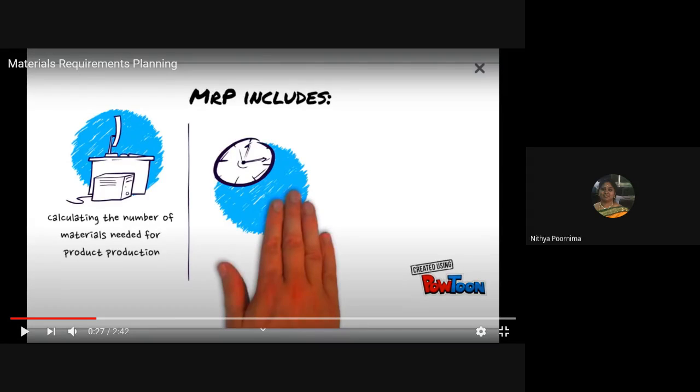So basically, as an operations manager, these will be the important parameters to fix: how much should be your safety stock, how much should be the lead time, and what are the different lot size rules that you need to apply. All that will be done by the operations manager while he is scheduling this MRP. So this is a very important target in our MRP process. If this is done accurately, then the entire system will go smoothly.